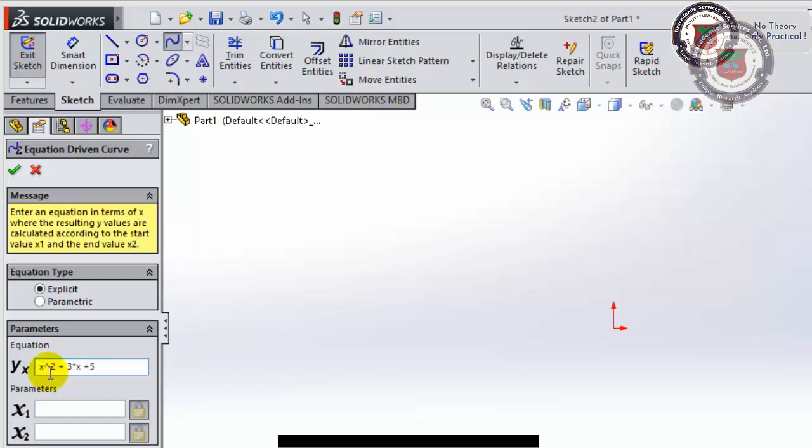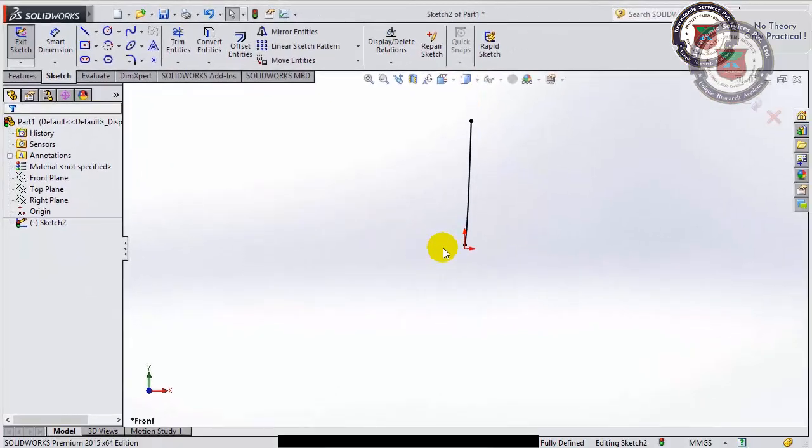Y is a function of x, and now we will be defining the range of x. X1, suppose we are taking as 1, and x2 we will be taking, suppose, as 5 pi. So as soon as I click OK, the equation is generated.